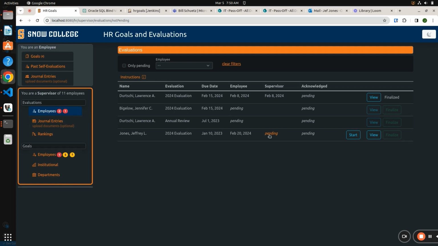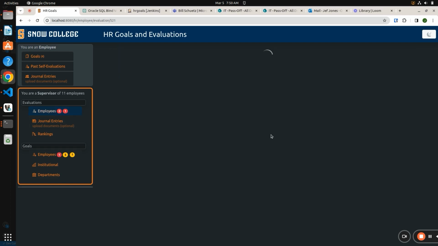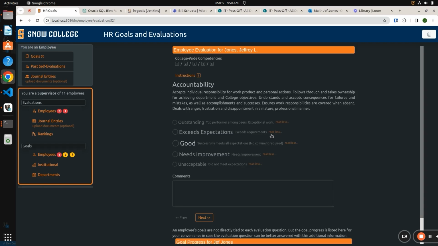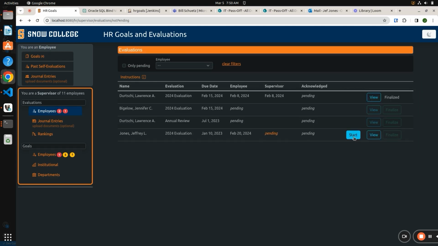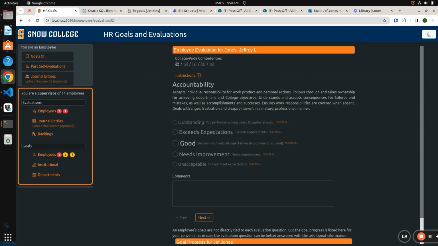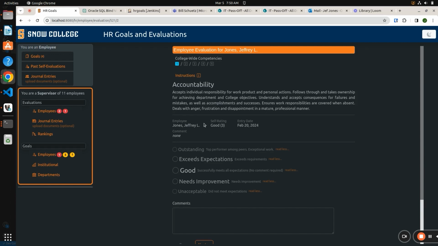So that actual orange usually means you can click on it, see where it takes us. And I'm going to click back just to see if that's the same as the view button. Actually the start button, right? Which it is. Okay, so what we're going to see, if you've seen the employee evaluation before, what's new at